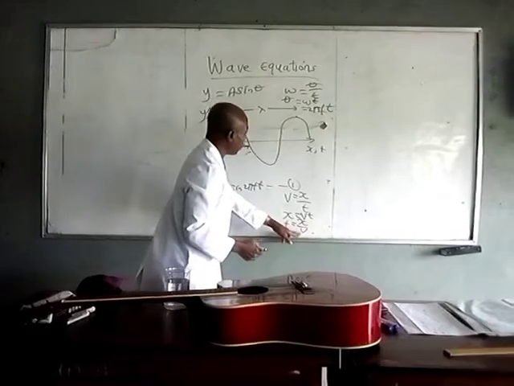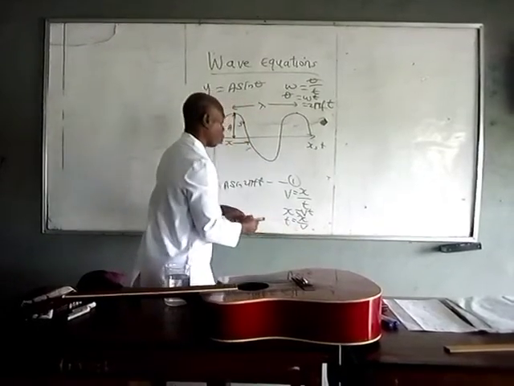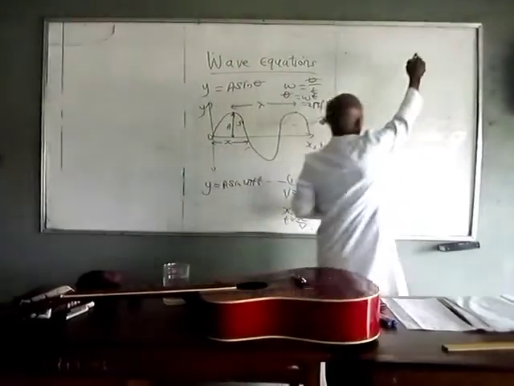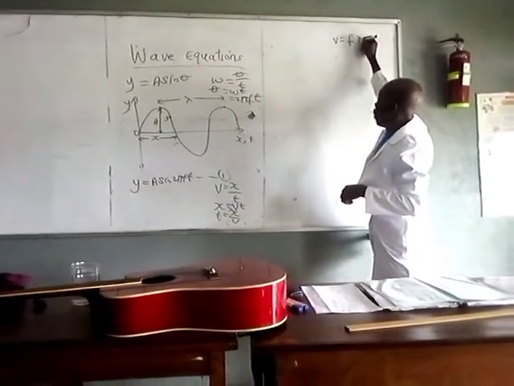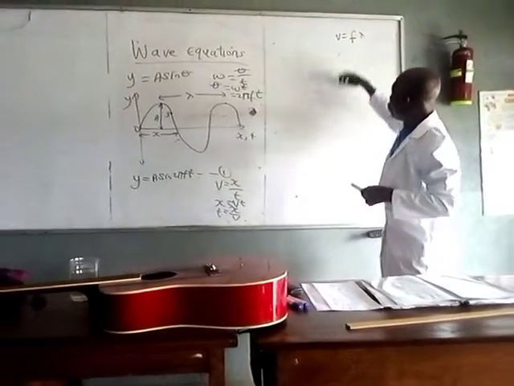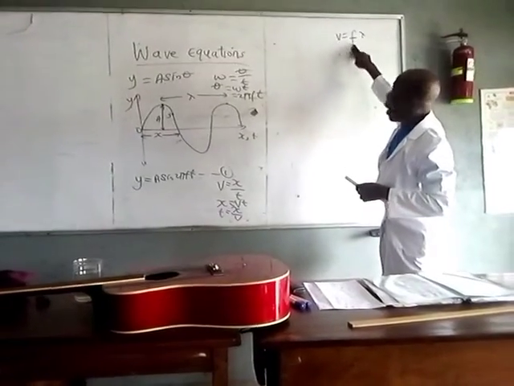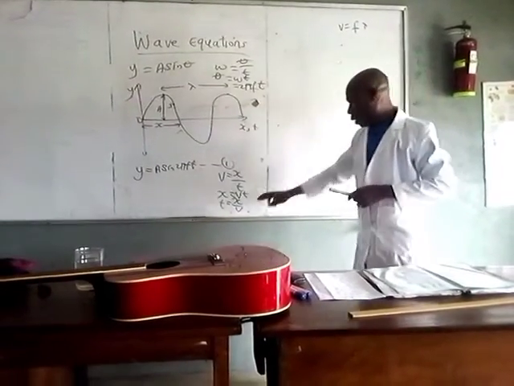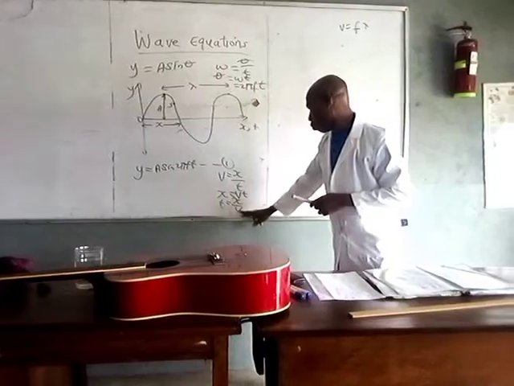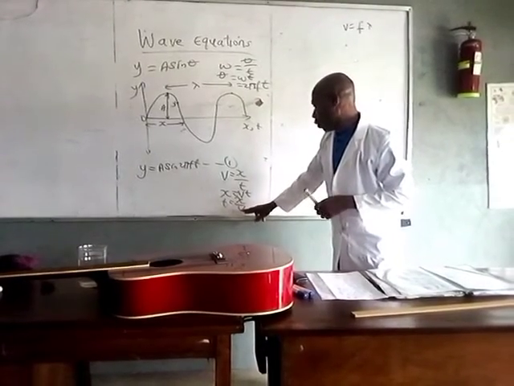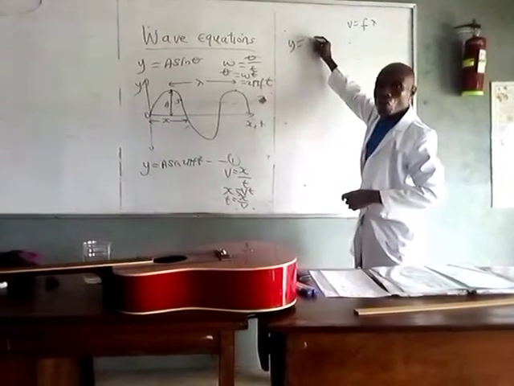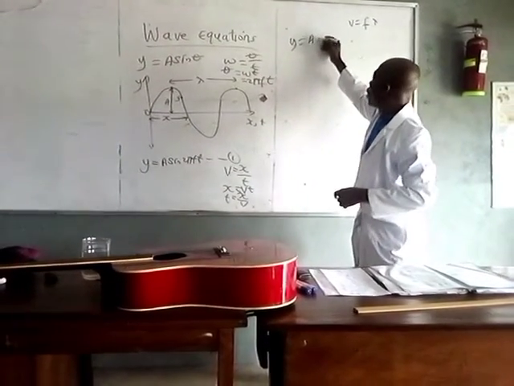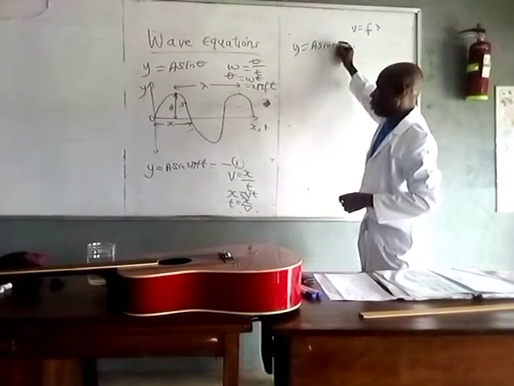And since v itself is a product of frequency and wavelength, substituting v is equal to f lambda in this equation,